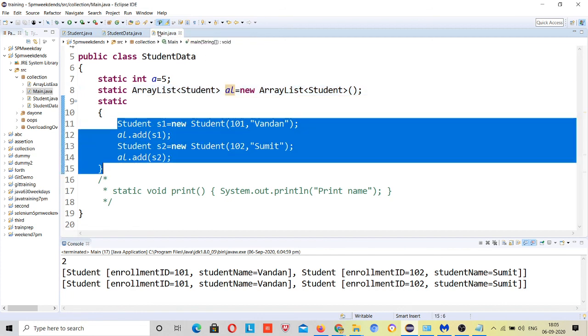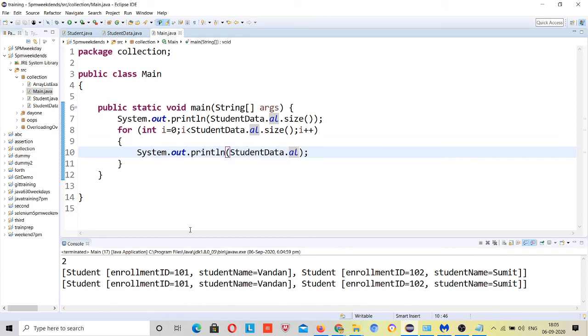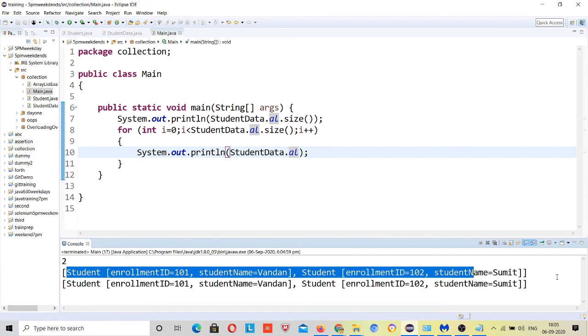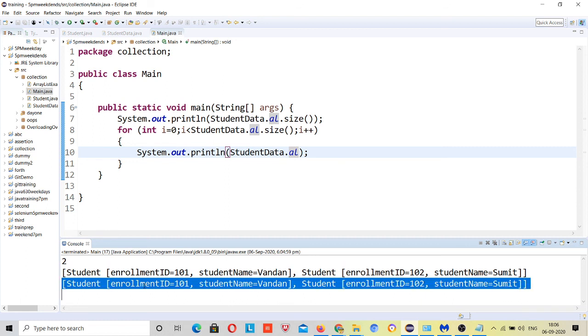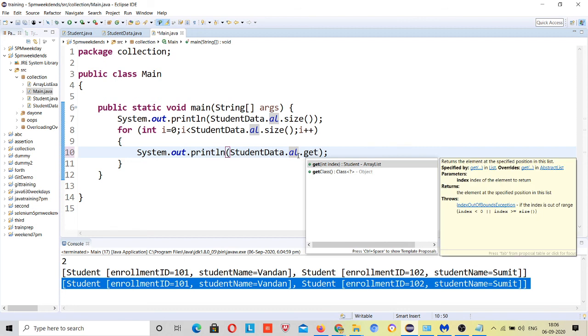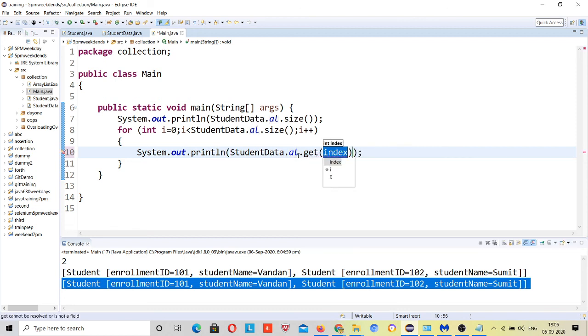So the first time it ran for the 0th position, it printed the whole list, and the second time it ran for the first position, it again printed the whole list. But I want that inside the list my first object is printed the first time, and the second object the second time. So I have to give, as I have shown previously, your index here.